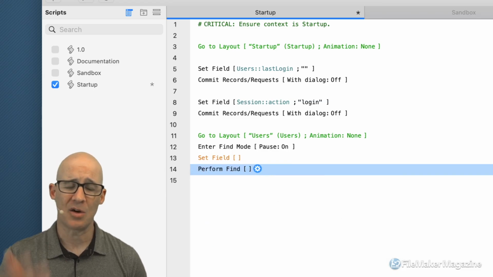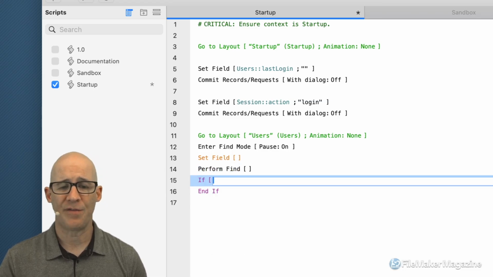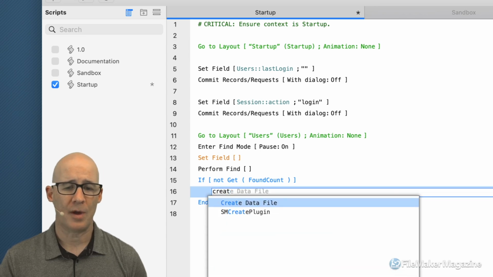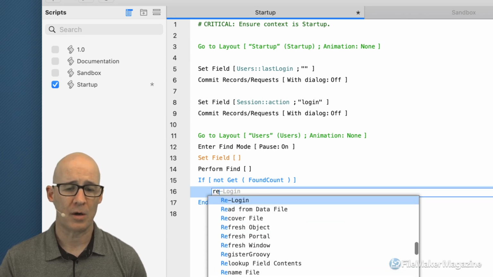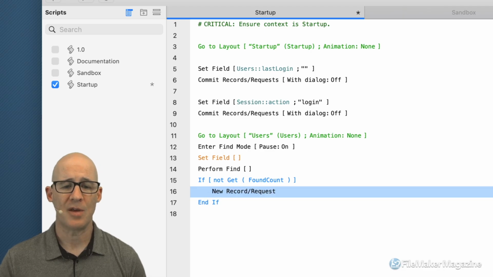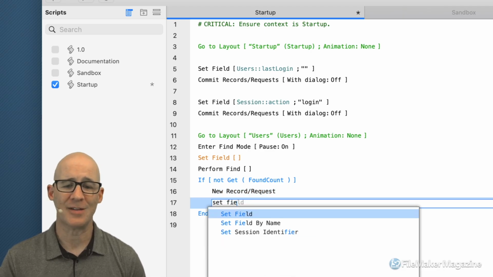You can see these are a lot of steps. If not get found count, create record or records. Let's go right here. New record request right there. Then set the field to the actual,